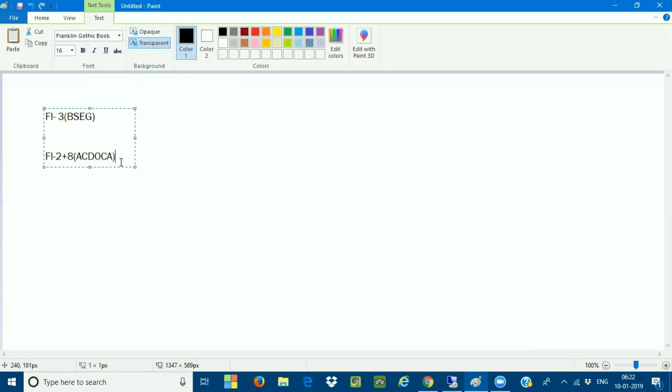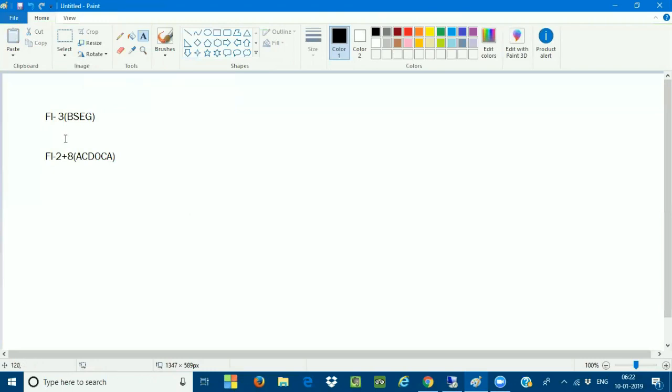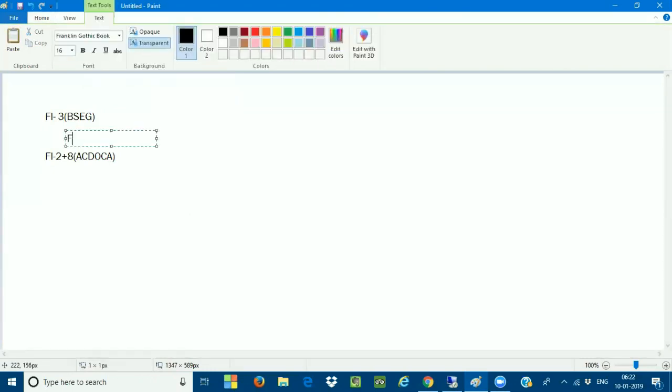So we have seen the configuration, and now there is only one screen where we can maintain all the ledgers and the currency types. What is the transaction code we have to use to maintain the currencies and the ledgers? FINSC underscore ledger. This is the transaction code we have to use to maintain the currencies and the ledgers.